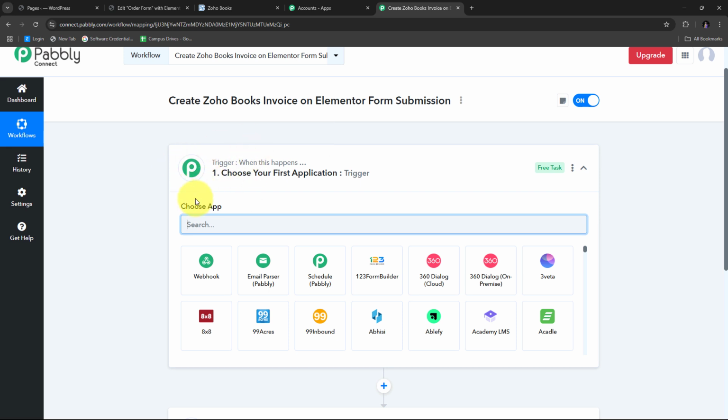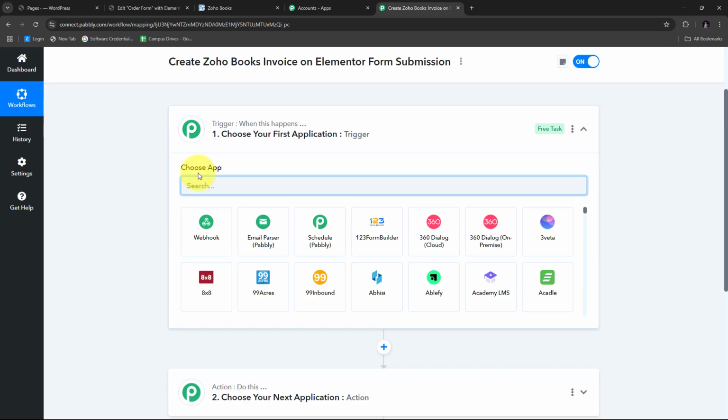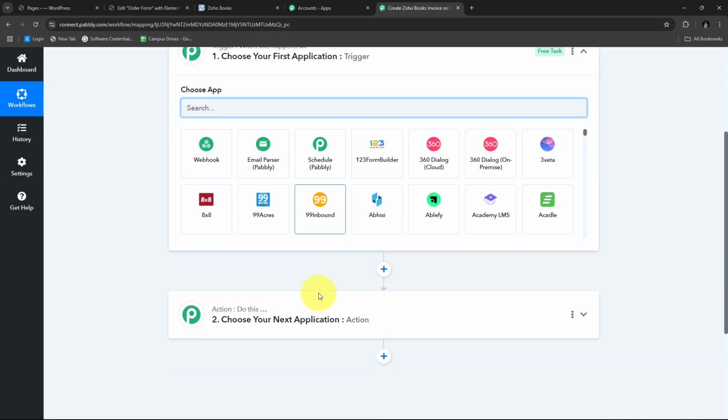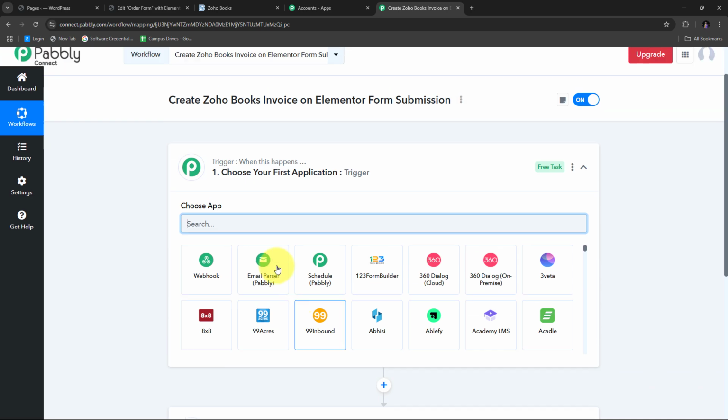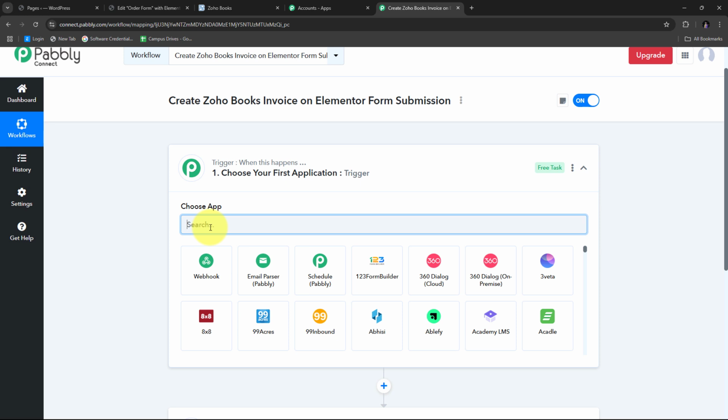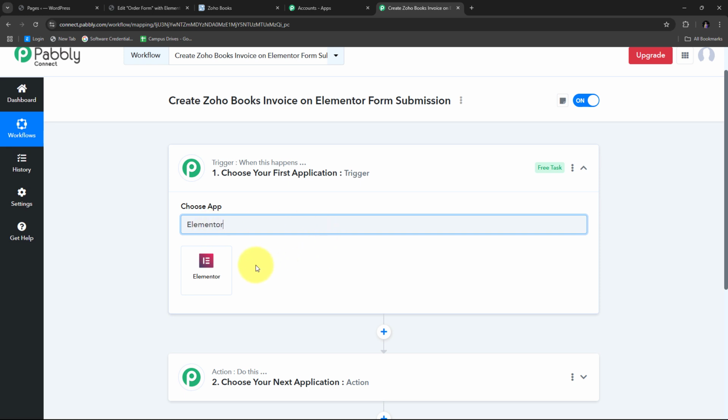So for setting up my trigger, I need to search for my trigger application, and here in my trigger application, I'm going to use Elementor. So I'm going to select Elementor here,